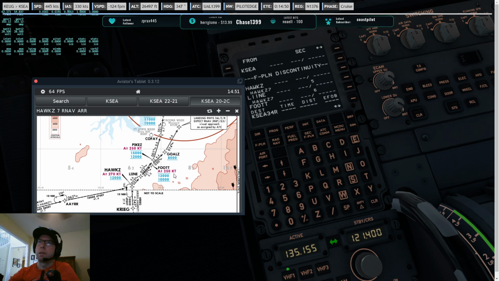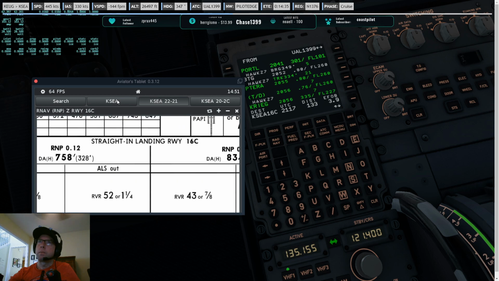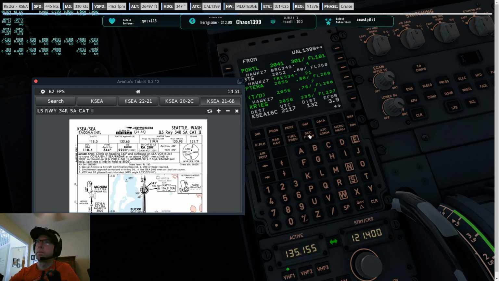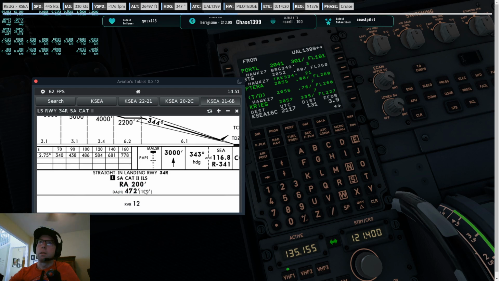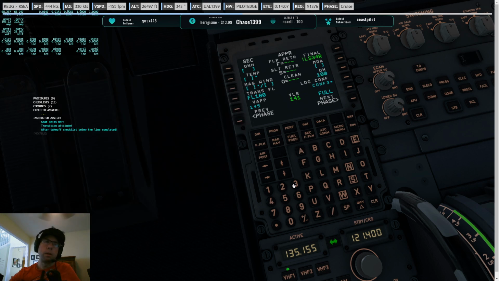Sonder, and then the ILS approach. So the ILS approach for 3-4 right, it's a Cat 2, so it's probably 100. Yeah, it's 100. So second perf. We'll do 100 on the decision height. And the altimeter was